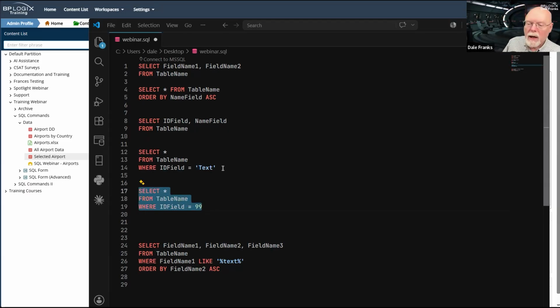And the real key is how we tell the system that we are looking for text versus looking for numbers. And the way that we do that is with the single quote character. Anytime that I am using text, I need to set it off with the single quote or the apostrophe, whatever you want to call it.